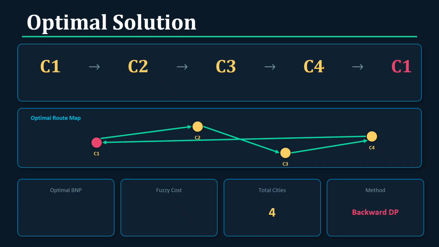The total fuzzy cost of this route is 18, 22, 26, with a BNP of 22, lower than any other possible route. This method allowed us to model real-world cost uncertainty using triangular fuzzy numbers, while still identifying the optimal